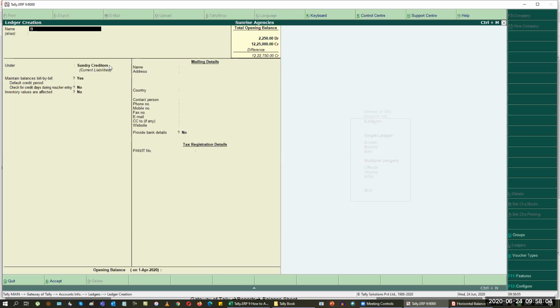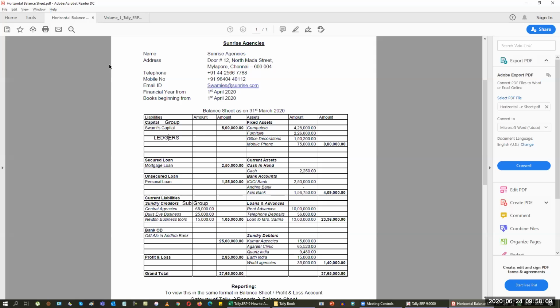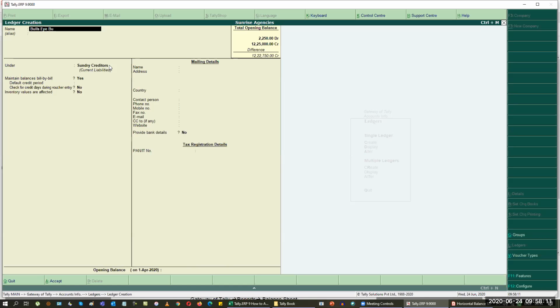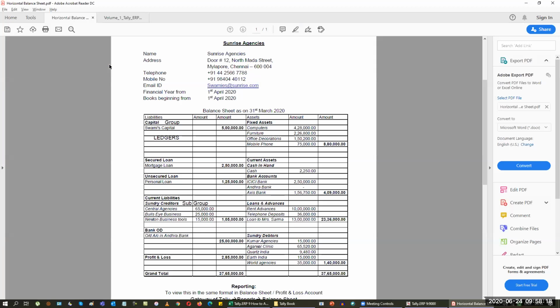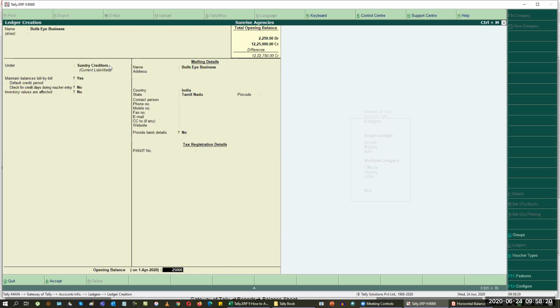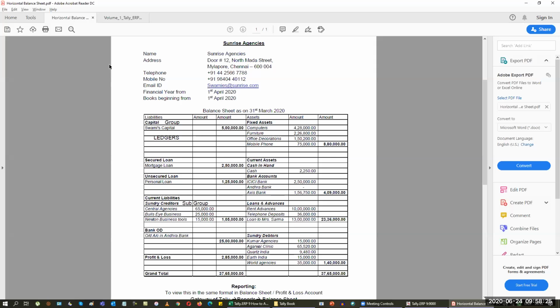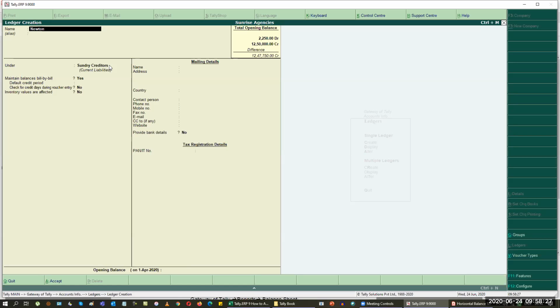You can press Control A to save it, or you can just tap down or enter until you reach the save button. Now it is in the same group. So I'm going to jump to the last line and feed the value alone. I'm not going to group them, and I can give a Control A here to save it. The same way, I'm going to work around with Newton business tools. Control End and feed the values here, 15,000, Control A.